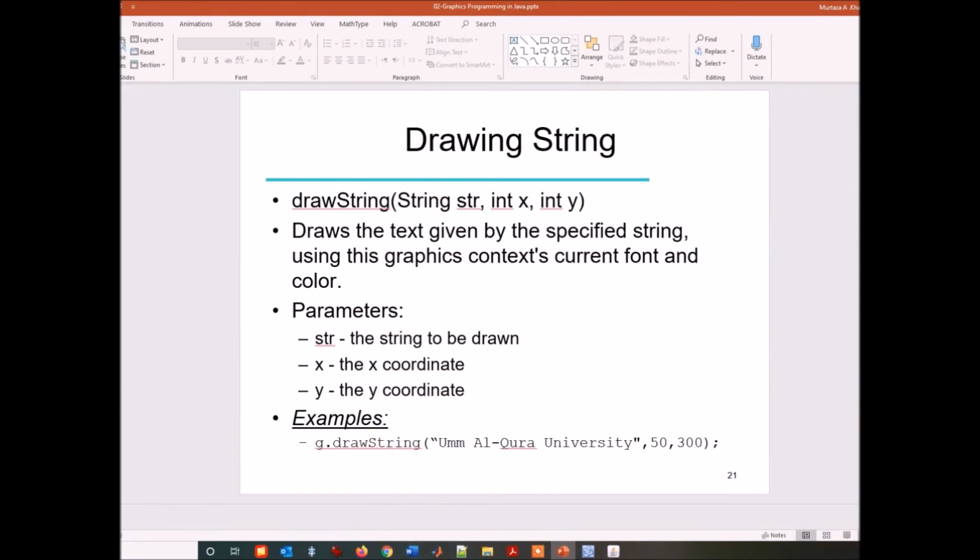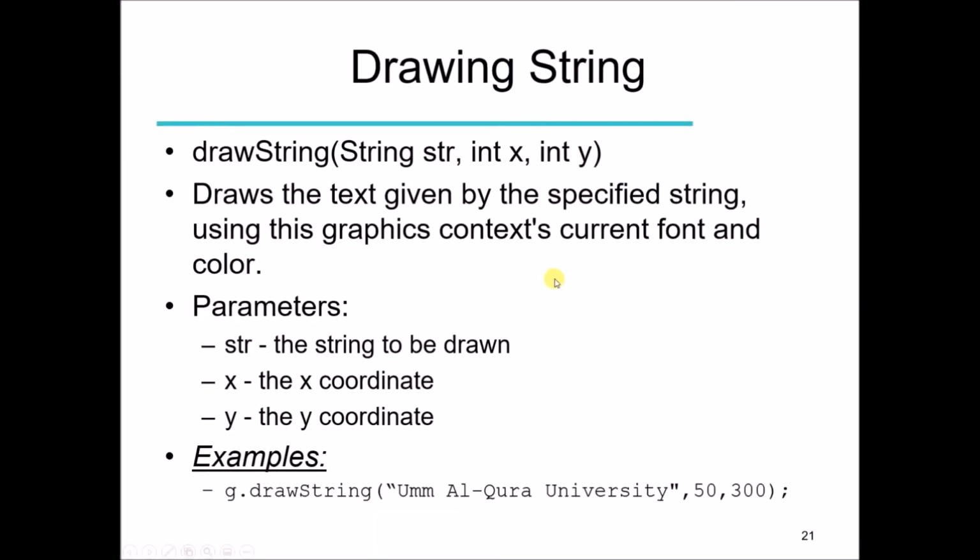Before discussing the other things, now let's come to the discussion of drawing the string. Drawing the string means that we want to draw some text, but as graphics. So we are going to call the method draw string, and we are going to pass our string as the first parameter, and the integers x and y as the second and third parameters. These x and y are basically the location of the top left corner of the string where the string is going to be drawn on the screen.